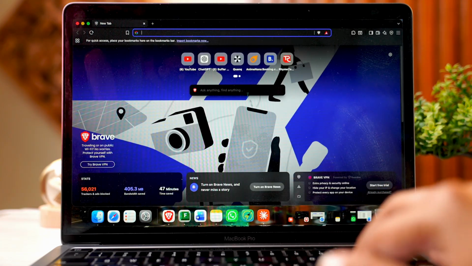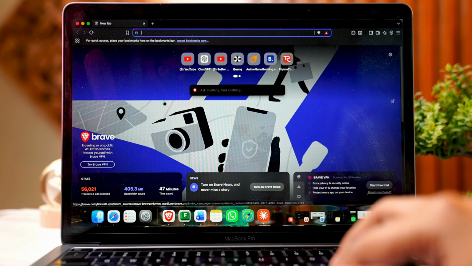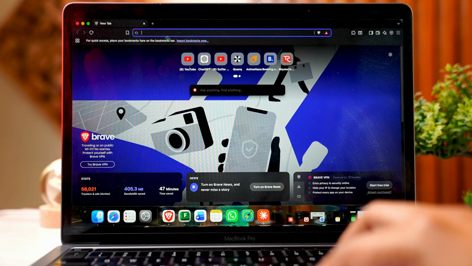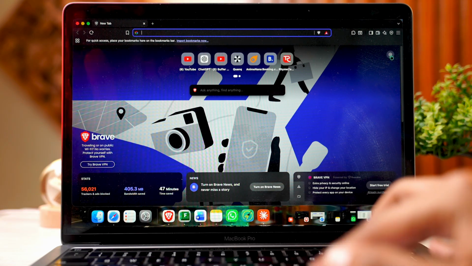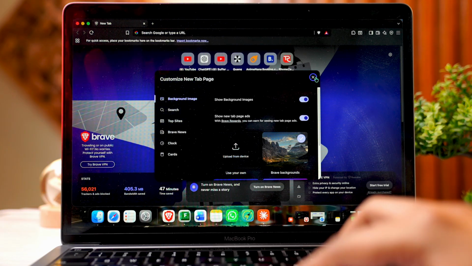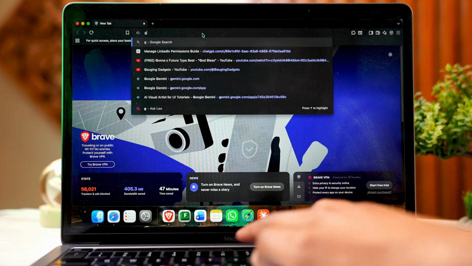So as you can see, I've opened one of my browsers right over here. You can use any browser that you prefer. You can use Brave, Google. It's just the same process on all of it. So all you need to do is click on the settings of the browser and you can simply go ahead and head into the settings. Or the easiest method is just going to be going into